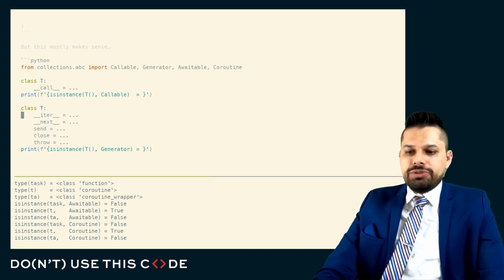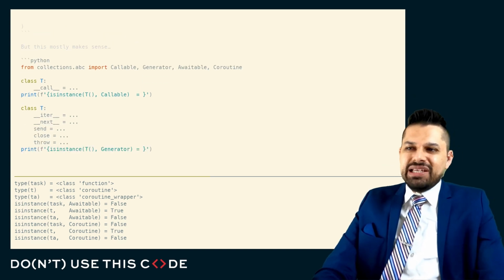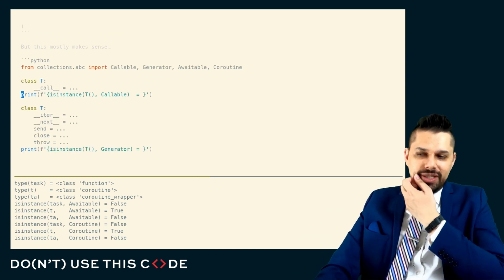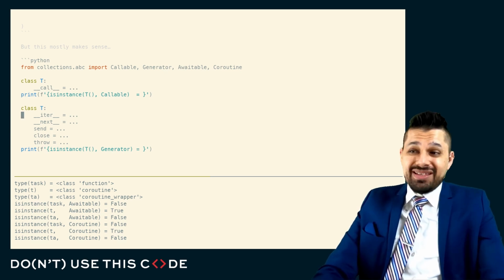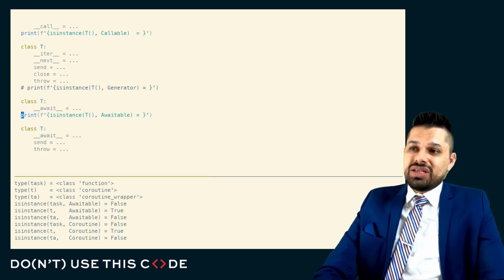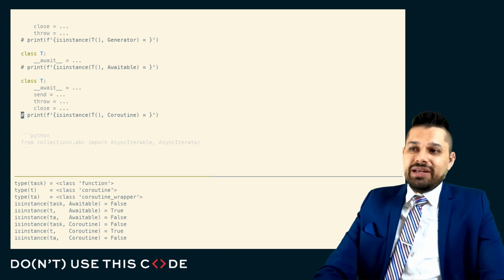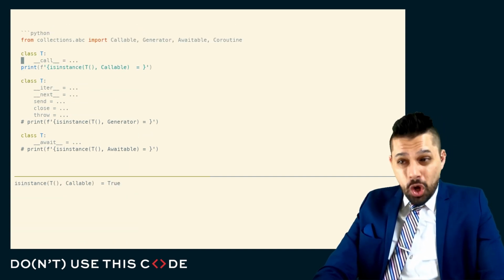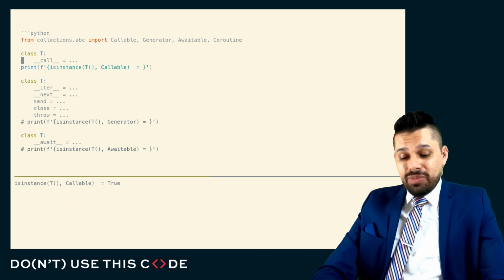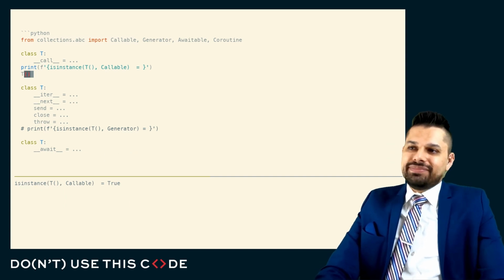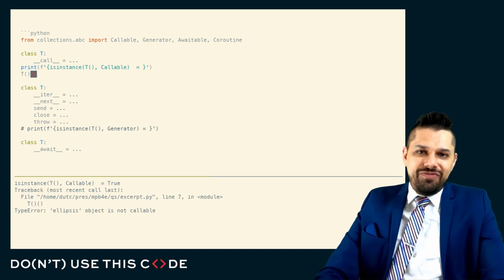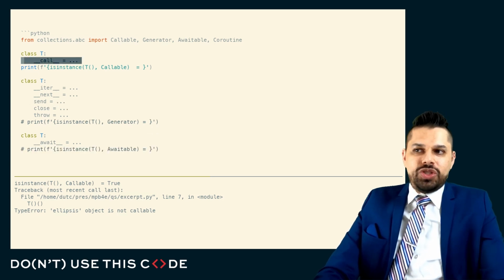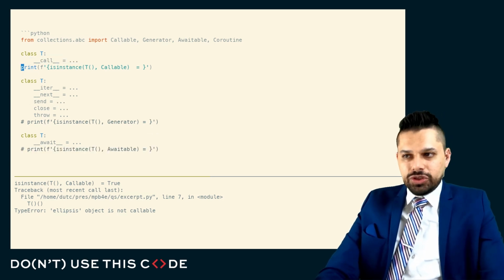But this kind of makes sense to us. Python's terminology here is based off of the protocols. Python's saying, you know what, anything that has a call method implemented is a callable. And in fact, Python's not even that picky. Note that this first thing that I've defined here does not have a call method implemented. It just has an attribute called call. But Python says, well, it's a callable, because it's going to let you wait until runtime to figure out that this is complete garbage. This is just an ellipsis object. It's not an actual function.